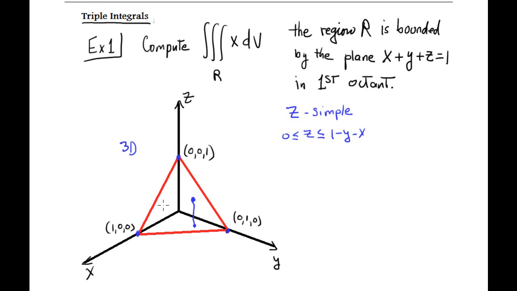Now, you are projecting onto the x, y plane, the projection. Now, z simple indicates that the projection is onto the x, y plane. Projection, P, projection. Entonces, in the x, y plane, we have something like